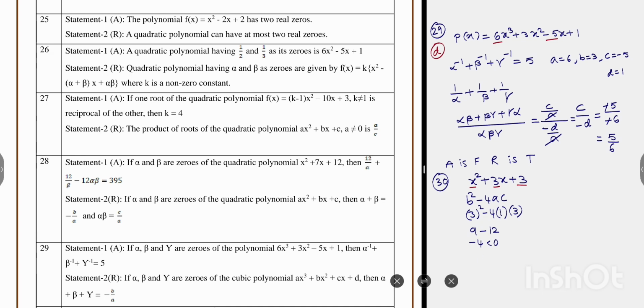So the zeros are not real, but it is given that it has two real zeros. So the assertion is false and the reason is true. Option D is correct. So in this video we completed all the important areas of polynomials and very important MCQs